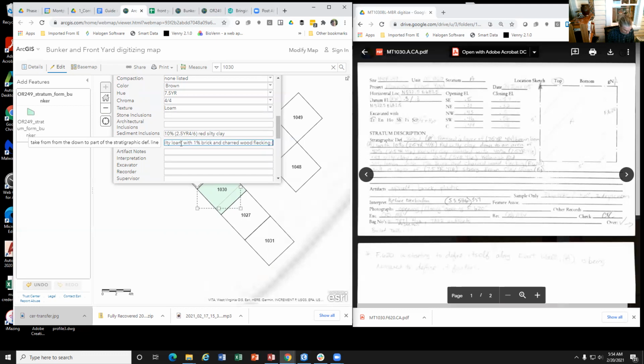And that's feature 620, which was removed next.